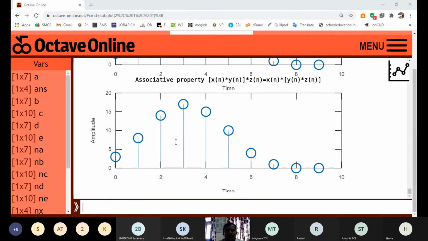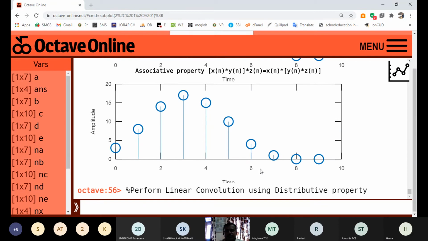Then finally, the distributive property. Perform the distributive property using linear convolution. What is this distributive property?